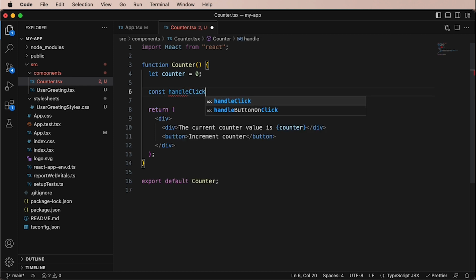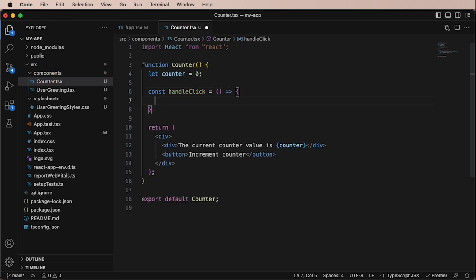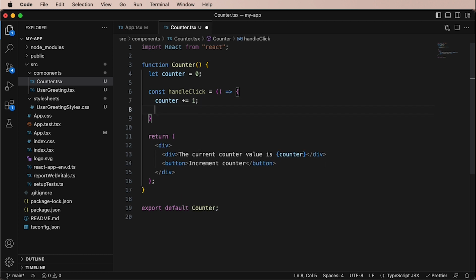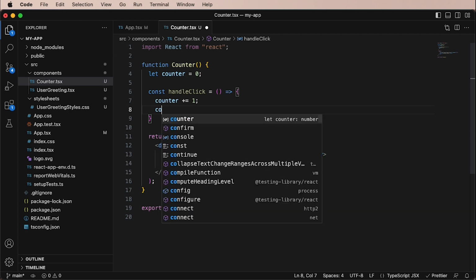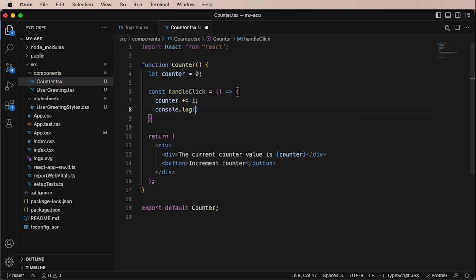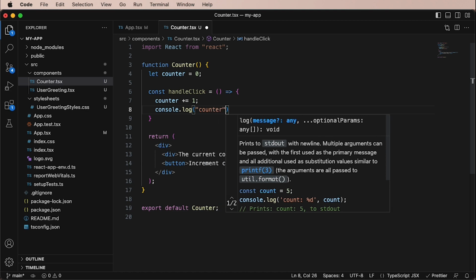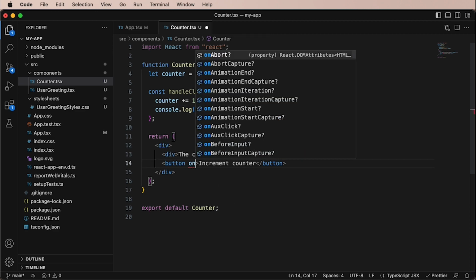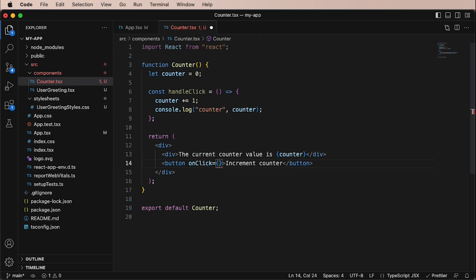So handleClick, and it's going to be using an arrow function. The function is going to do two things. It's going to increment the counter, and it's going to display on the console the current value of the counter variable. So counter. Now in the button tag, we need to use the onClick prop and pass in the reference to our event